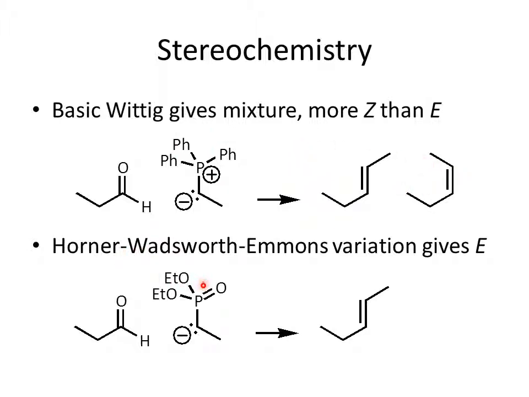There are variations on the Wittig that help you control the stereochemistry more specifically. This, for instance, is the Horner-Wadsworth-Emmons reaction. And notice that this thing is very similar to the triphenylphosphine oxide. And it tends to give a more selective product. I don't want to get into this, but all I really wanted to point out is that there